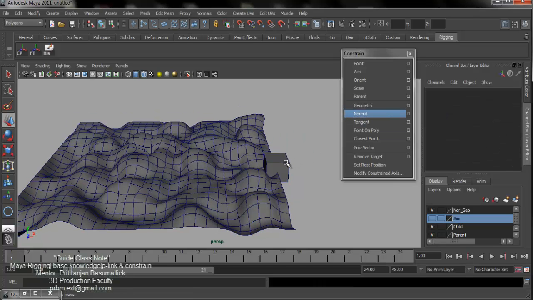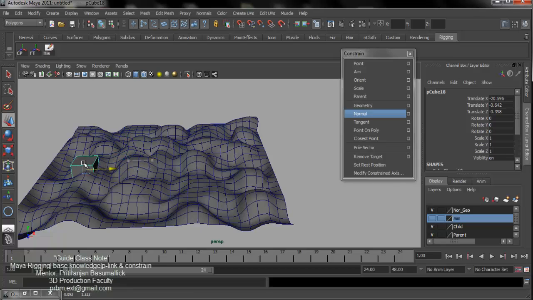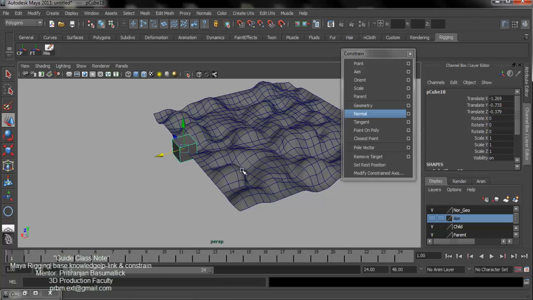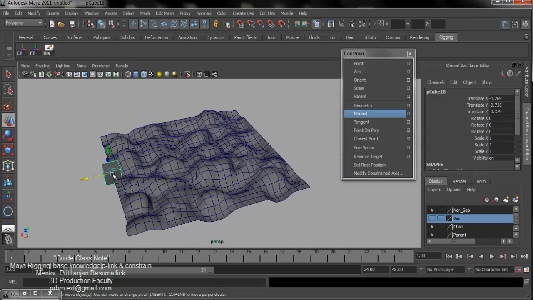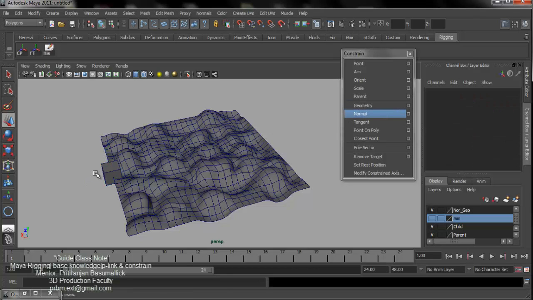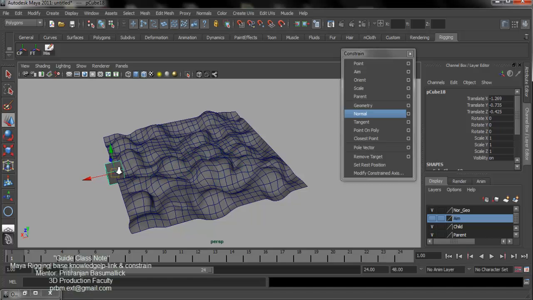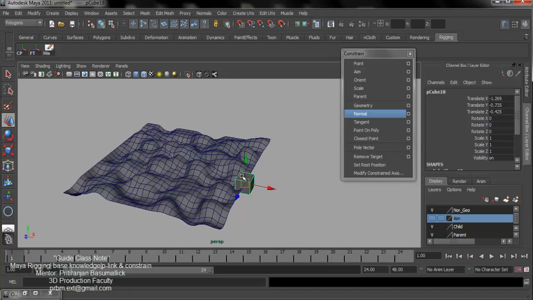So that means the child object snaps according to my geometry, and when you translate, see the child object goes according to my geometry surface. Okay, that is very useful many times. So that's called the geometry constraint. Just select the parent, then select the child and hit the geometry constraint. So when I select, my object moves according to my geometry surface. So it's the geometry constraint.